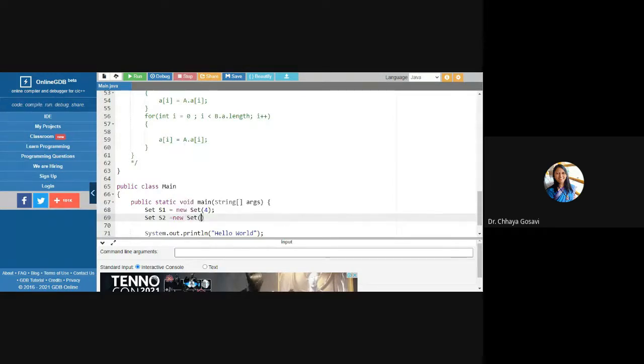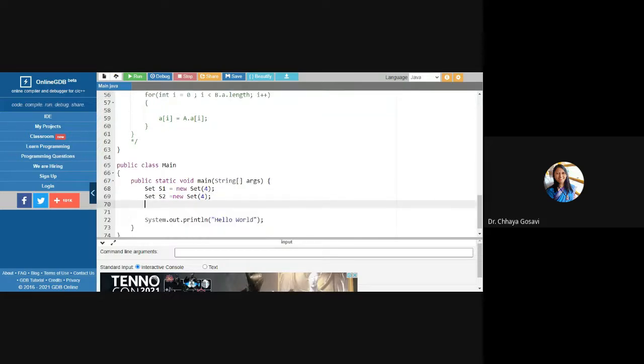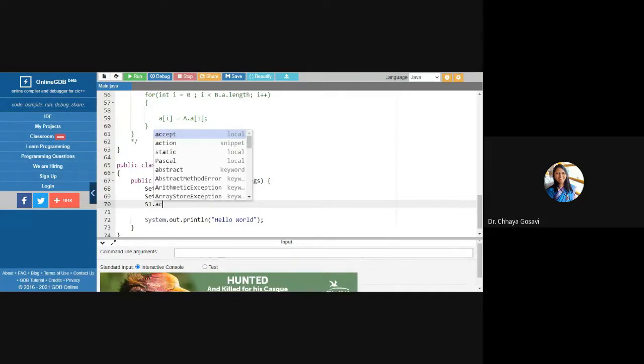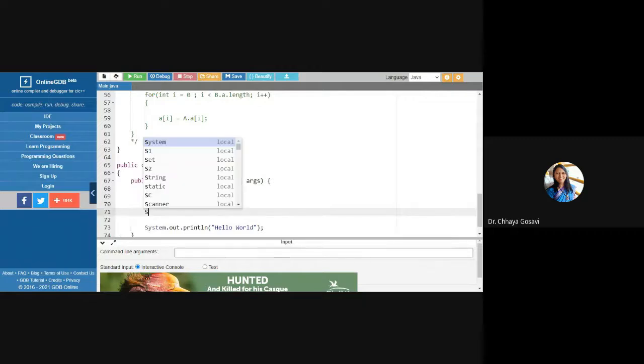Because I'm using a parameterized constructor, again I'm passing value 4. And I want to call the accept function for S1. I want to accept values in S1. I want to accept values in S2.